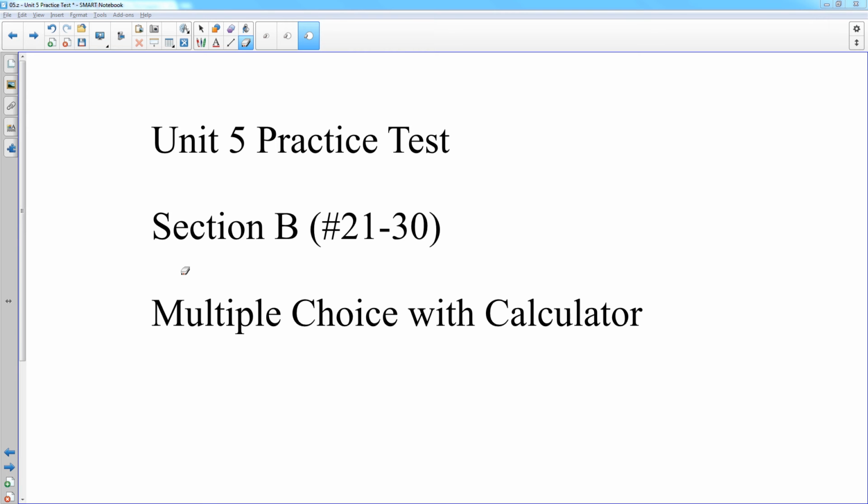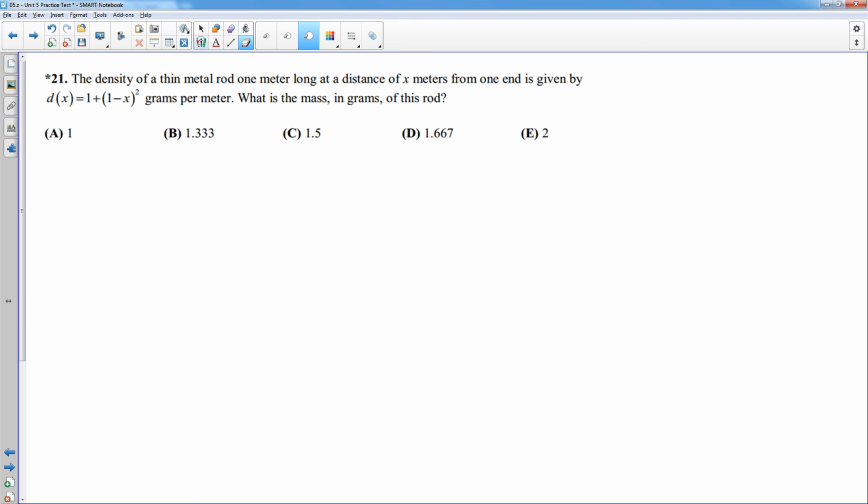Okay, looking at the calculator multiple choice questions here, and remember these are calculator active problems, so don't hurt yourself doing things by hand if you could save yourself some agony on the calculator. Alright, so number 21 is a little bit wordy, and if you're not good at science, the units will help you out,